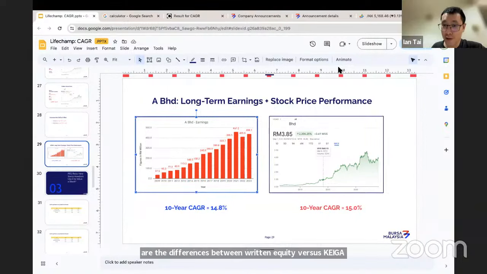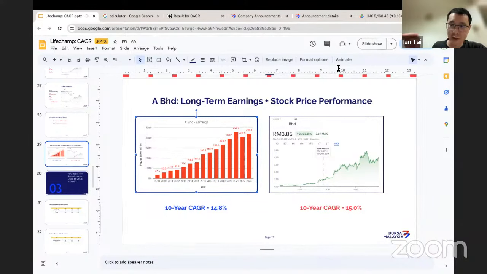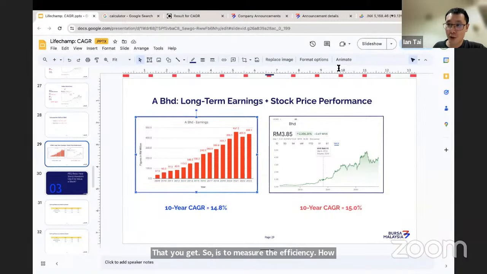There are two different things. Okay, two very different things. Return on equity is where you take the earnings, you divide it by the shareholders' equity times 100%, and you get ROE. So ROE is to measure the efficiency,